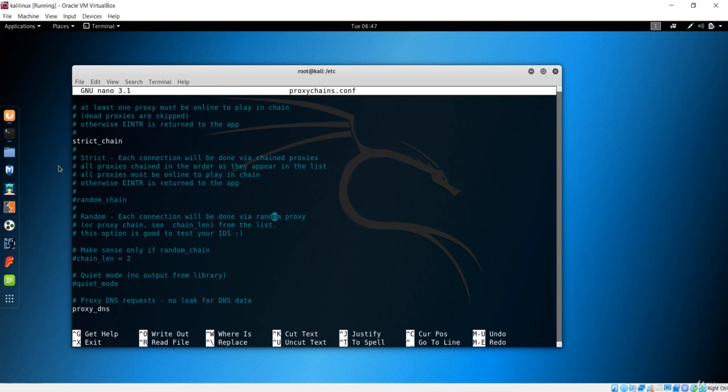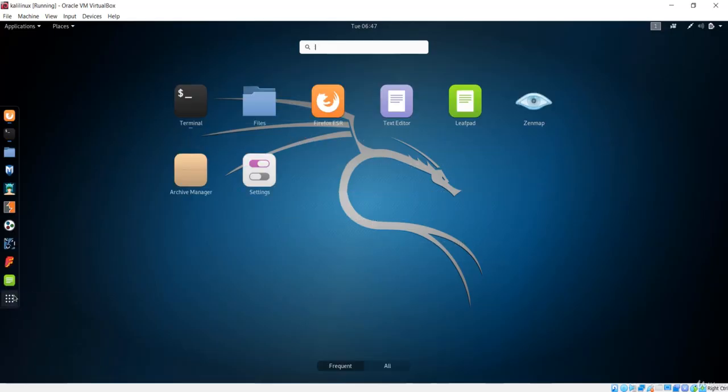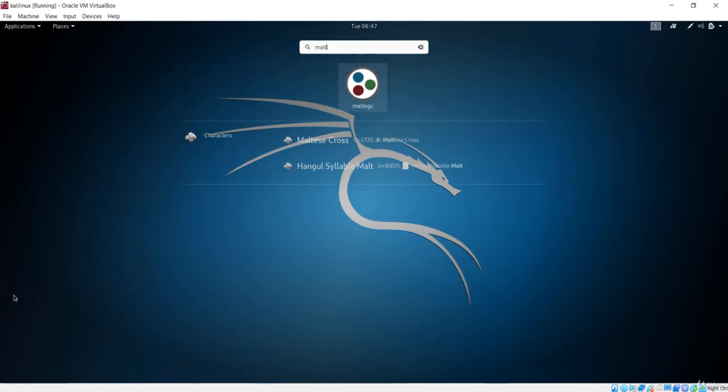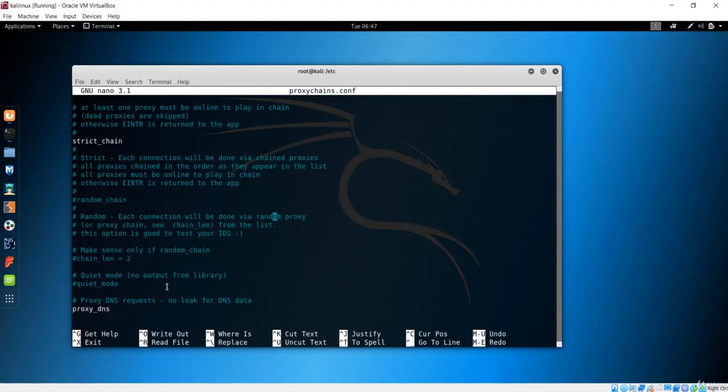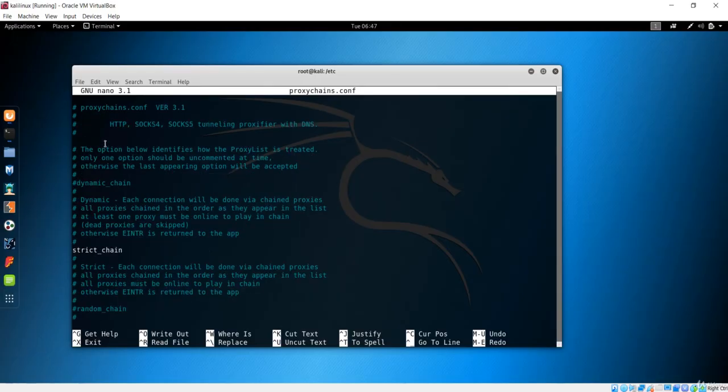Here you can see that proxy chains can also be used with different servers like a Sendmail server or a Squid server, and it can also be used to handle client applications. I have already told you before that anything you do in this machine will remain anonymous if you use these proxy chains. That means if you use Genmap, Burp Suite, Maltego, or any application in this Kali Linux, it will remain anonymous, so no one can trace you with these proxy chains. First of all, let's see what information we have just been given.